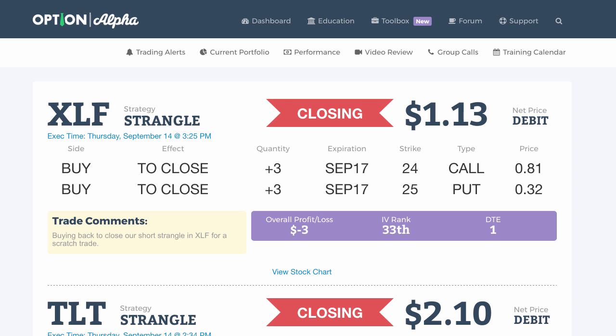The other one that we have here is our XLF position. This one is one that we adjusted as well. We went inverted on this by about $1. Originally sold it for like 96, added an adjustment for 16 cents, and then bought this thing back now for 113. So I think it's somewhere around there. Don't quote me on those, but somewhere very close to those prices. But anyways, it ended up being just kind of a scratch trade.